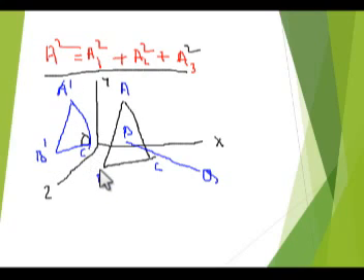So here PQ is the normal of the triangle ABC, and this is the projection on the YZ plane of the triangle. So if it has direction cosines l, m, n,